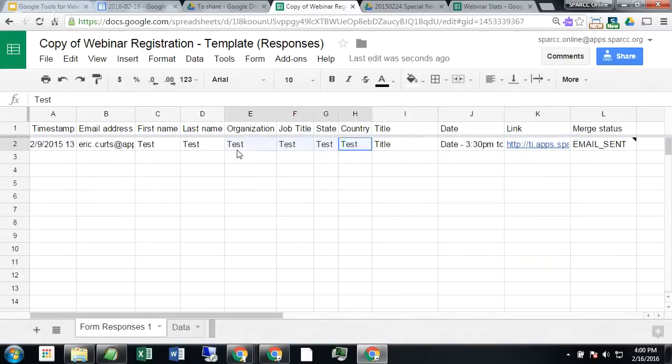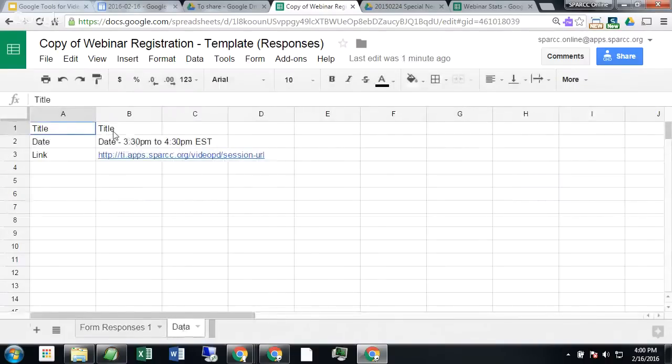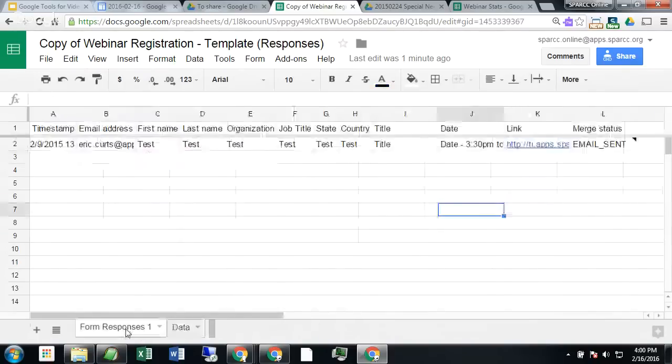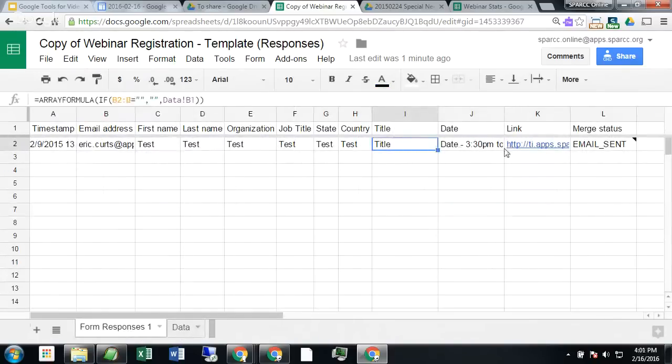It's not coming from the people filling it out. Instead, I've got another tab at the bottom called Data, and in that tab, I pre-fill the title of the webinar, the date of the webinar, and the link to the webinar. Now, why am I doing that? I fill it in there, and then I use formulas to pull it into here, because what happens is